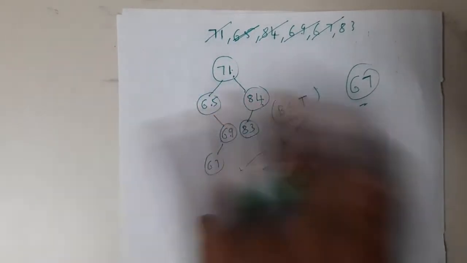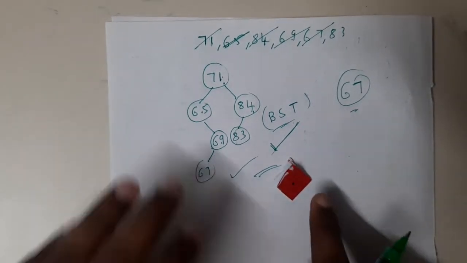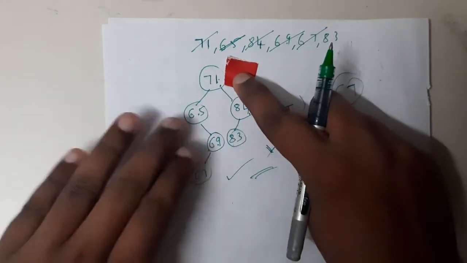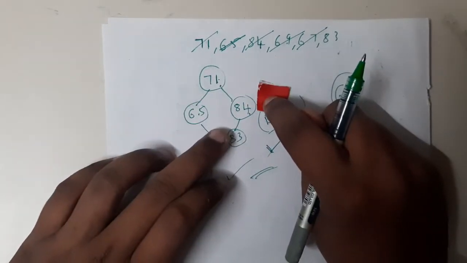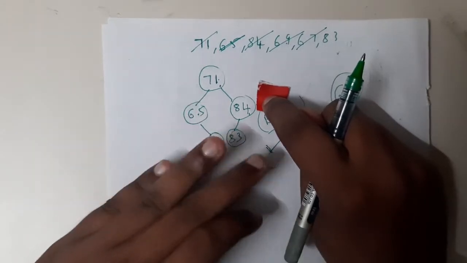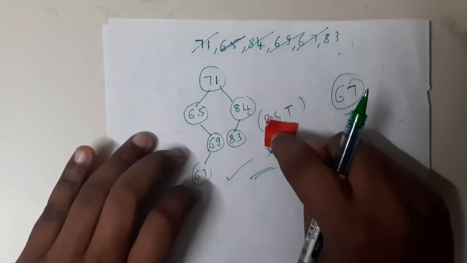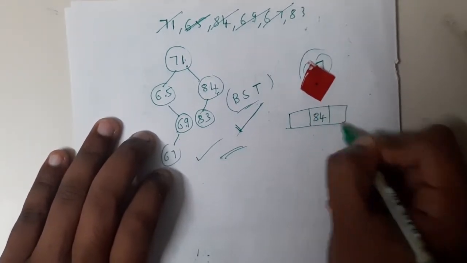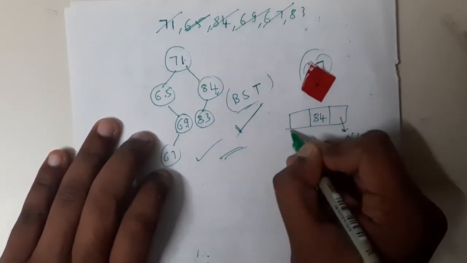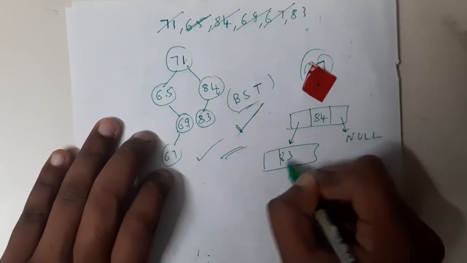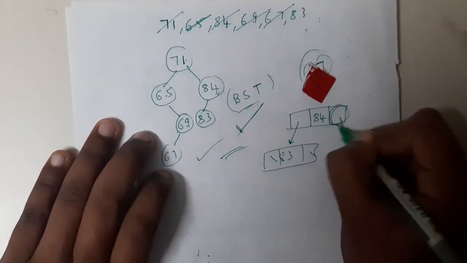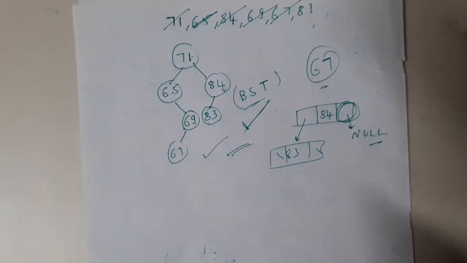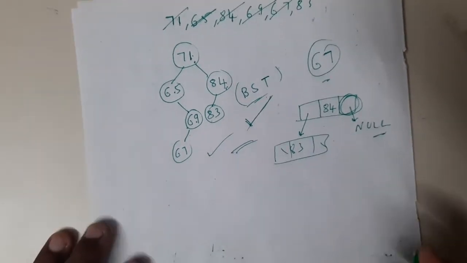Similarly, assume that this node now is 85, guys. So is 85 in the list? No. Means we need to end at some point, right? Yes. So you will start. Is 71 equal to 85? No, but it is greater, so come this side. Is 85 equal to 84? No. Is 85 greater than 84? Yes, so you will come this side. But what does this node exactly contain, guys? It contains 84 and this side it is null, right? Linked list approach. Once you reached null and did not find the value, you will return that the item is not there. Got it?